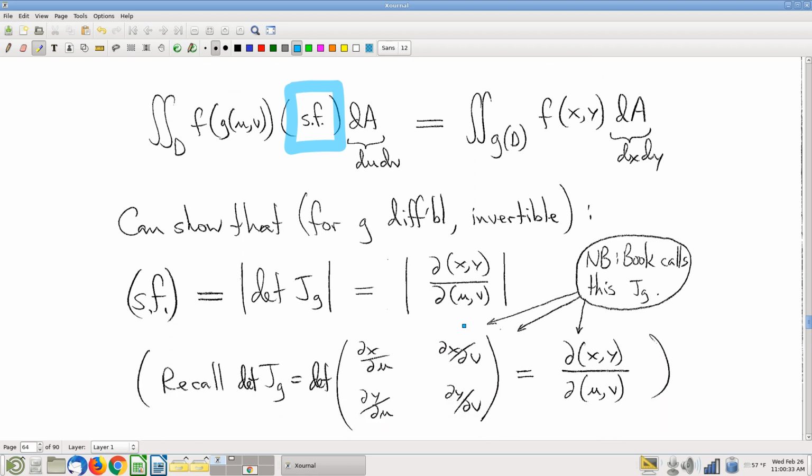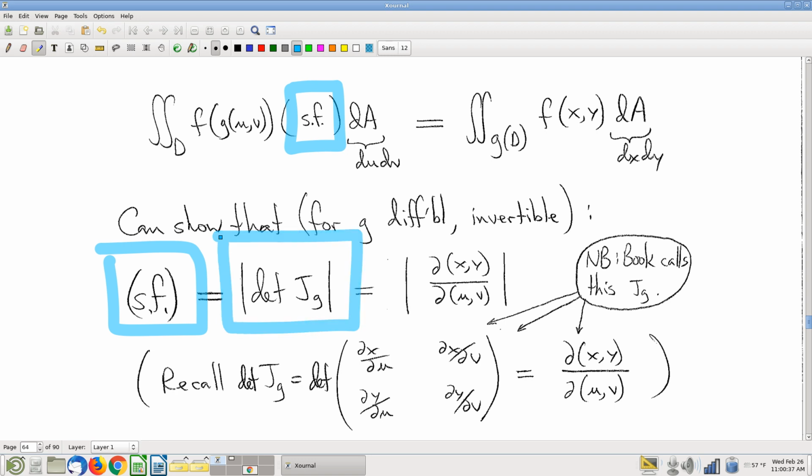The stretching factor is the absolute value of the determinant of the Jacobian matrix. And there's good reasons, and we'll talk about those later. Okay. So don't forget the Jacobian matrix is this formula here. It's the same Jacobian matrix that we used when we were talking about the chain rule,